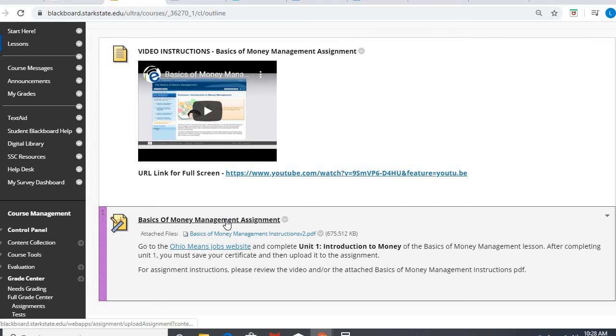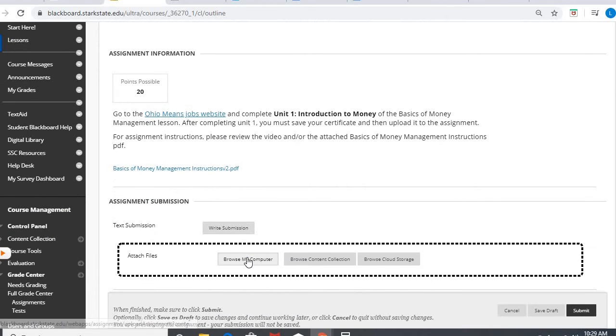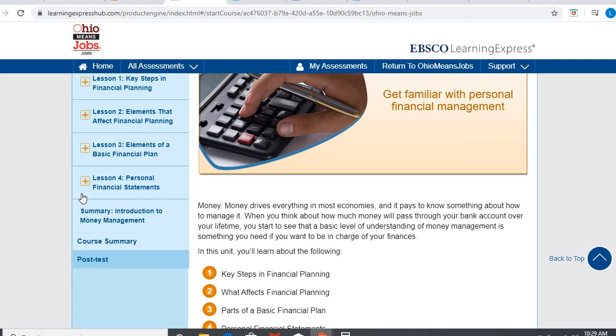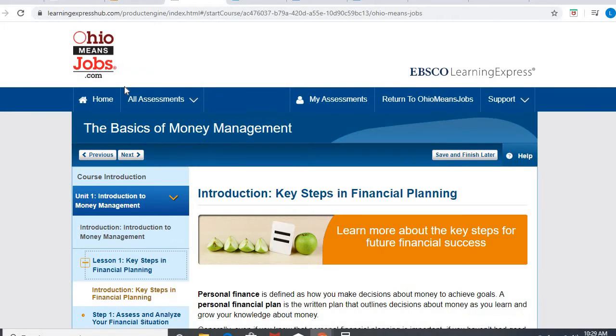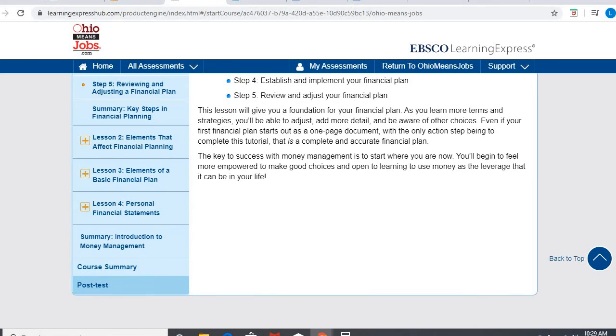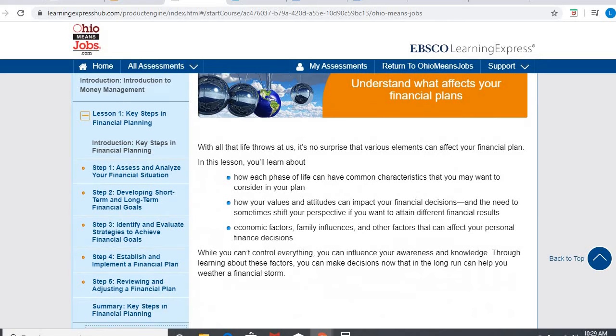You'll click into the assignment, and this is where you will submit your certificate. That tells me that you have done the work. I will not see the actual work you are doing inside Ohio Means Jobs, because you're going to look through these different lessons, and each is only a page long. These aren't terribly long things.